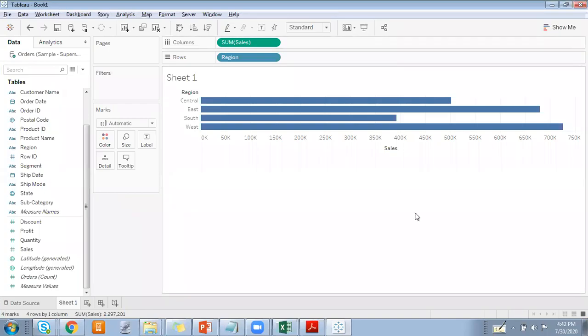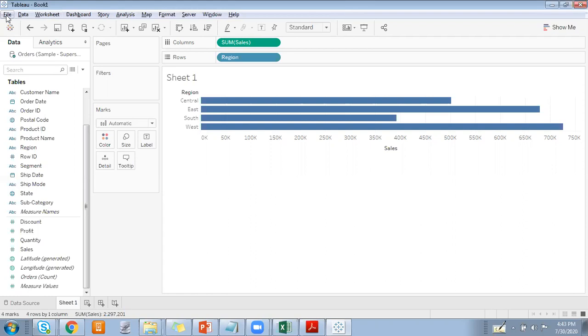Hi all. So in the previous video, we had prepared our first visualization, which is a bar chart for sum of sales and regions. So in this video, I'll be telling you how to explore all the options available on Tableau, right? So on the top of the screen, you can see that multiple options are available here, like we have multiple options available in MS tools as well, MS Excel, MS PPT or something like that. So let's see what all options are available.